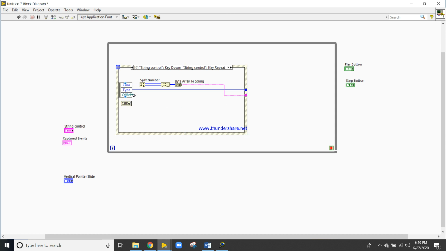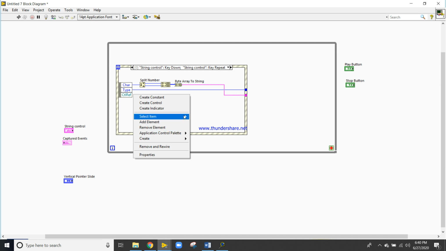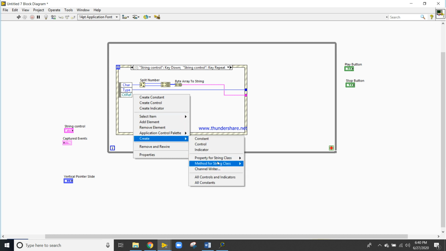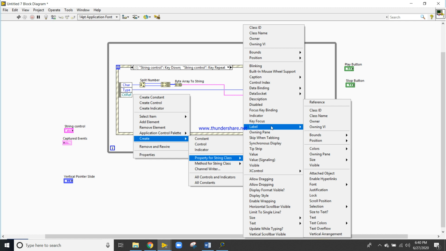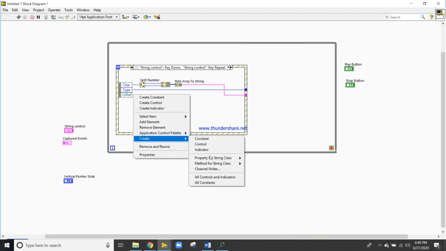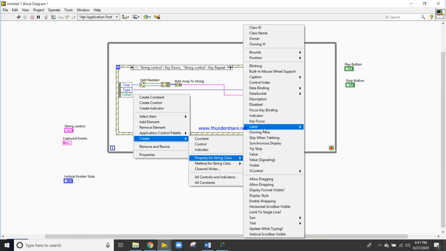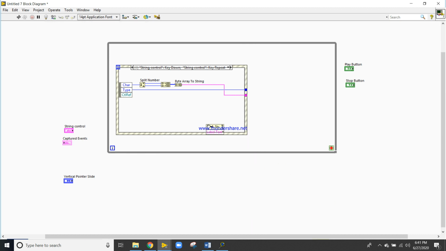And now right click here, come into Create Property Node. There is Label, and in the label there is Text, Label Text. Click Create Property, Label Text. So it will appear.